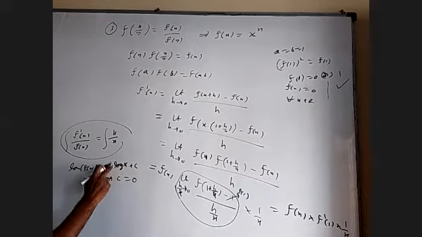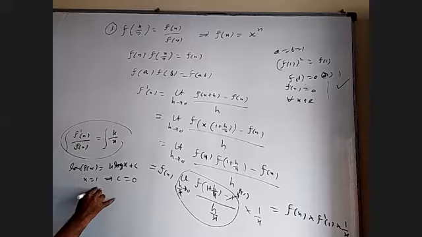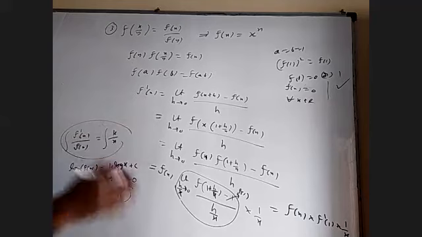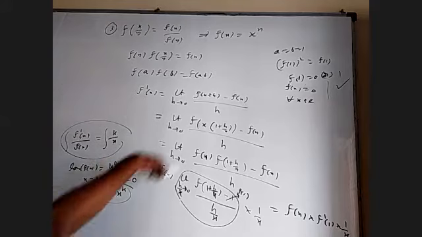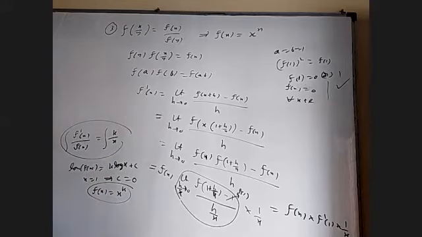Once c is removed, you can bring this k here and cancel log. You'll get f of x equal to x power k. So apart from guessing that f of x is x or x square or x cube, we could thoroughly prove that f of x must be in the form of x power k. What is that k to find? They gave f dash 1 is 2. So in the place of k, you have to put 2, it is x square actually.